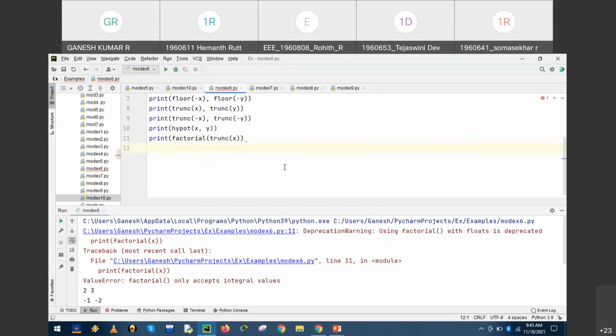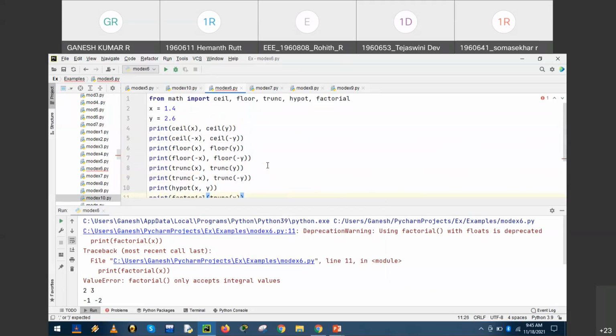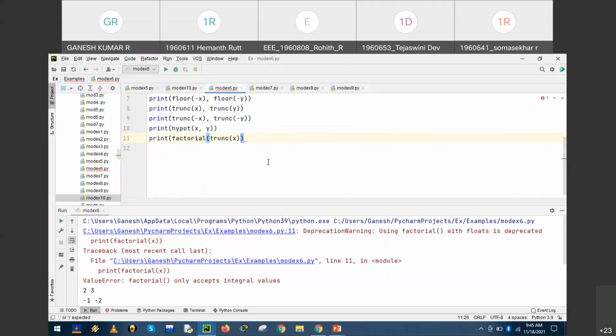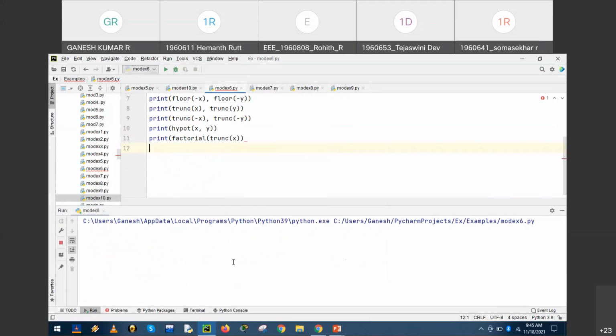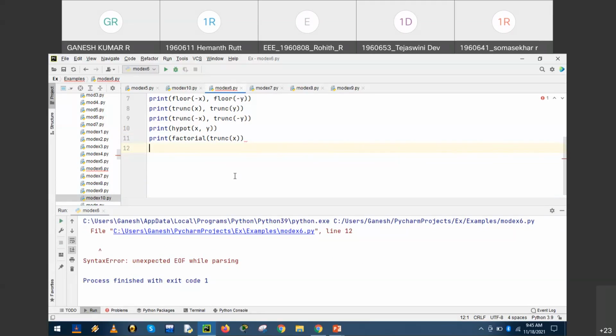Okay, still there is an error. What is the error? Print factorial trunc of x. I have got an error at line 12.